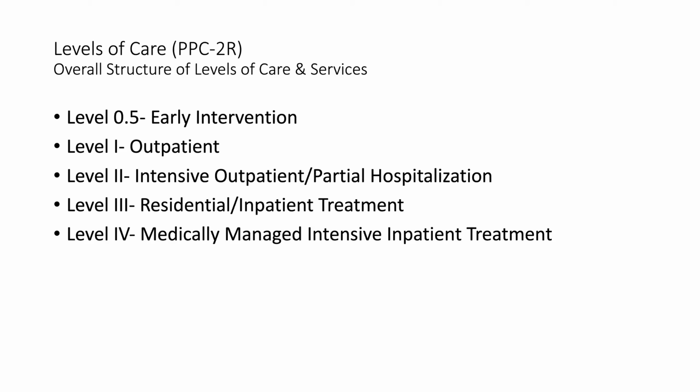Outpatient, we talked about levels of outpatient, usually less than 9 hours of treatment per week. The intensive levels of outpatient are anywhere from 12 to 20 hours. Partial hospitalization is over 20 hours a week, but it's on an outpatient basis. They go back and forth. Residential is 24/7, depending on the level of management based on what we talked about. And then level 4 is medically managed, and that's crisis stabilization. That's 24/7. And so that's one of the things.